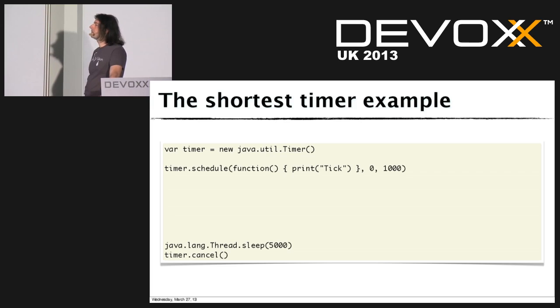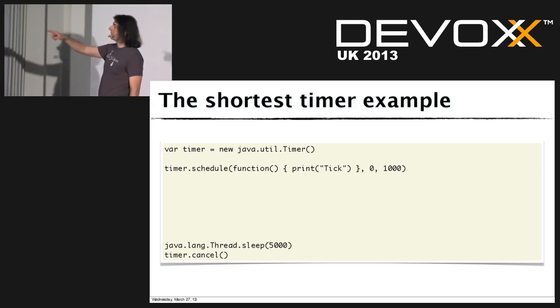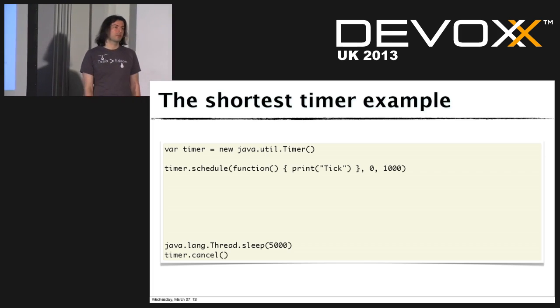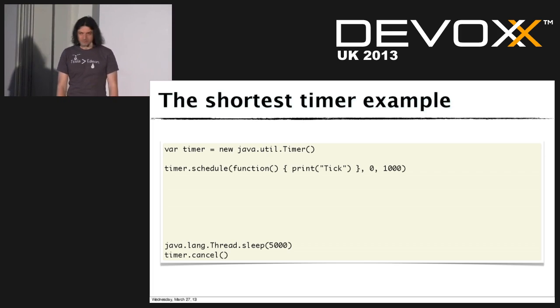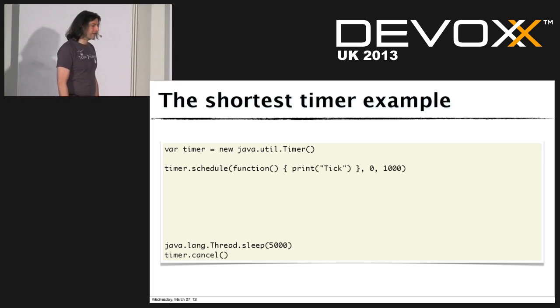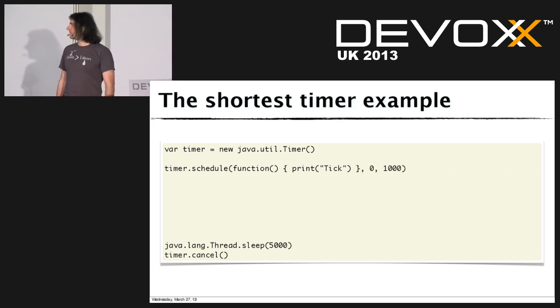What happens here is that we got rid of the object literal. There's no longer an object literal. The argument that we are passing to the timer task constructor is just a function. We don't even bother giving it a name. Nashorn was written to be smart enough to realize that the timer task